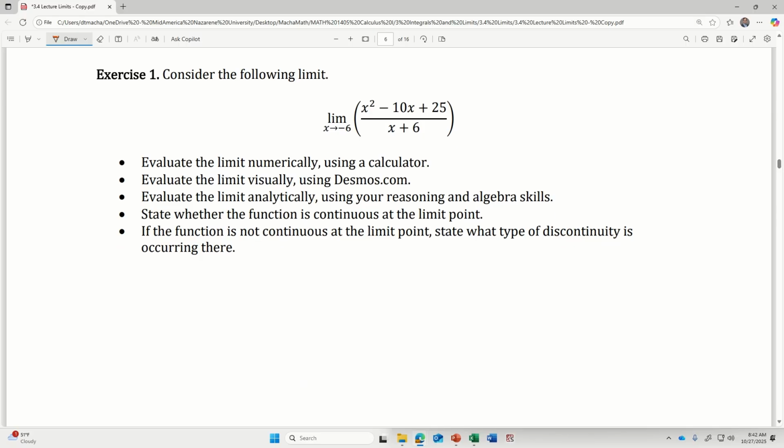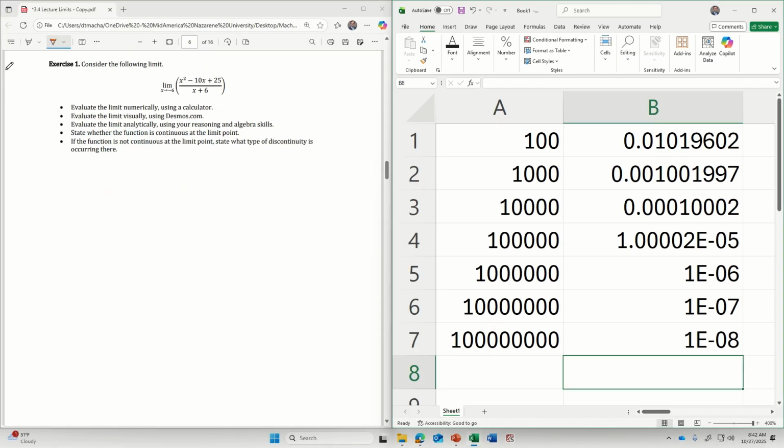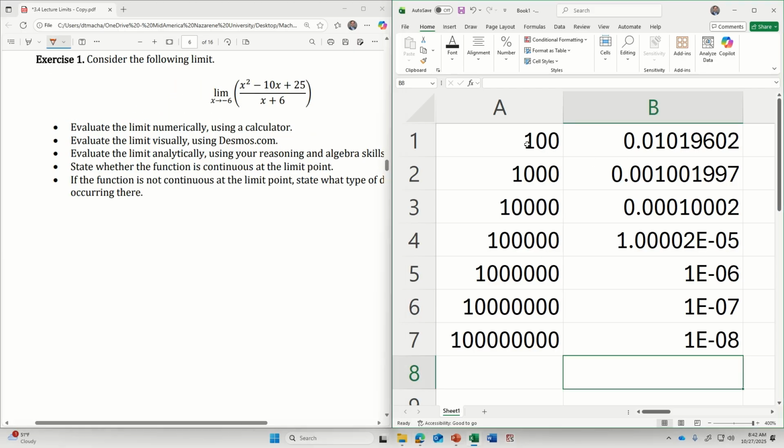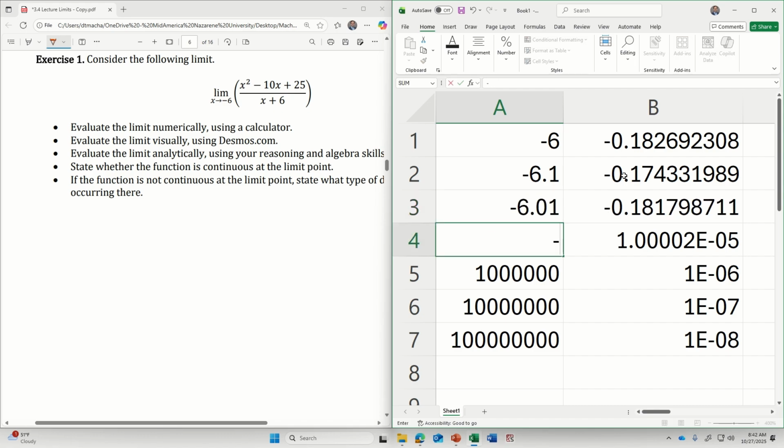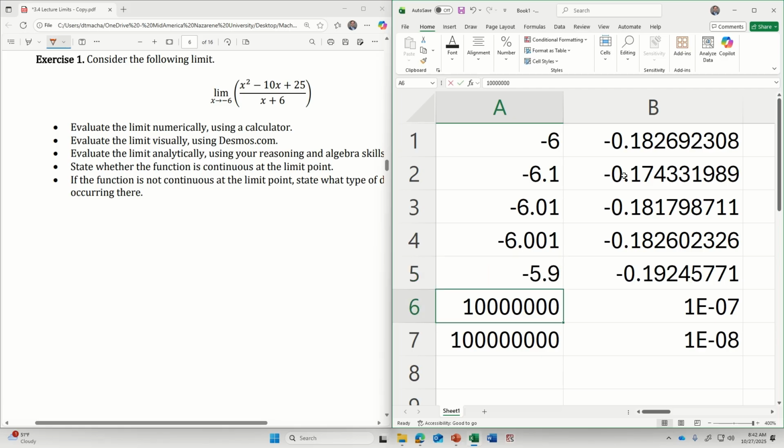This is a more interesting question. I'm going to give this one the full treatment, which means we're going to start off and talk about this numerically, like what would it look like if you plug this in your calculator. And to do so, we're going to try -6. We're also going to approach this -6 from the right side, or maybe we'll do the left side first. Call it -6.1, -6.01, -6.001. We're also going to approach this from the right side, which is -5.9, -5.99,